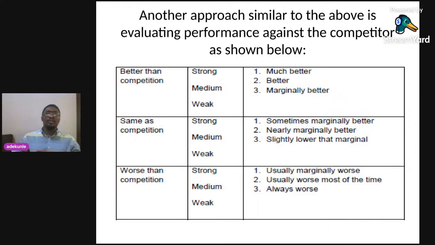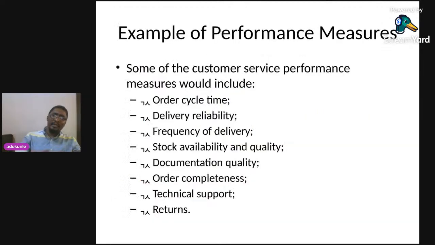You can ask yourself these kinds of questions to know if you are doing well in measuring your performance within the supply chain. Examples of performance measures, especially customer service performance measures, will include your order cycle time. You want to ask questions against order cycle time to your customer, delivery and reliability to your customer,